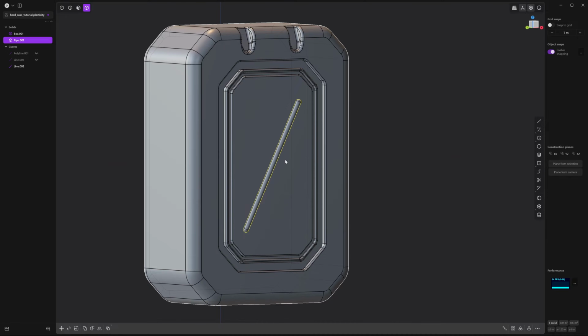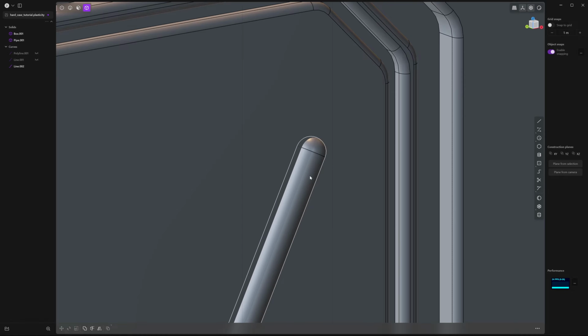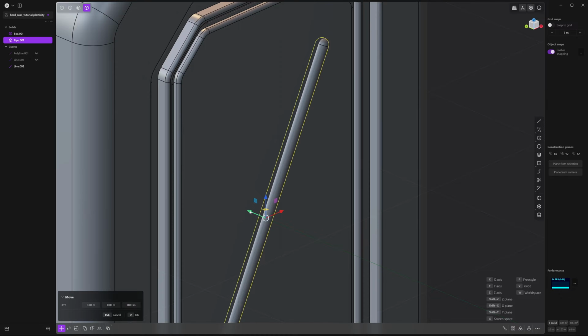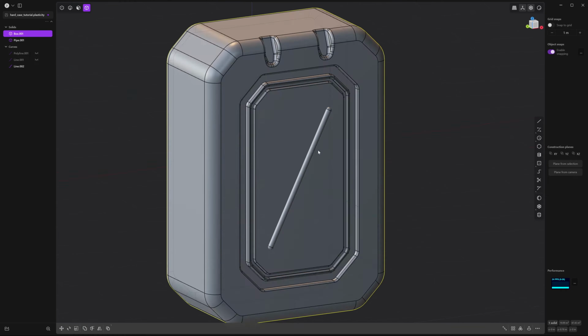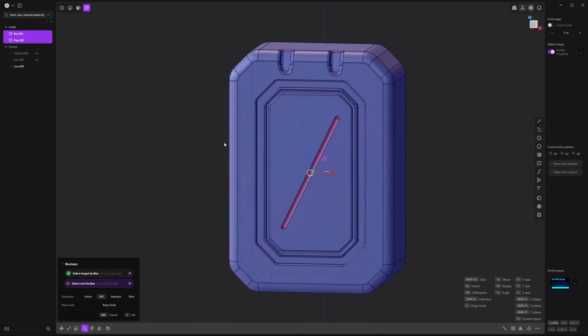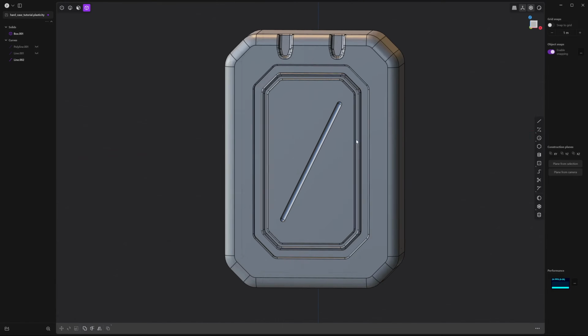We're going to use this pipe as a Boolean shape. So let's adjust it a little bit so it's not so far in there. Select the pipe, press G, and move it in the y-axis just a bit. Right click to accept. And now we can select our main body and shift select this new pipe. And then press Q, and you'll see it turns red. So that creates a difference Boolean, and right click to accept.